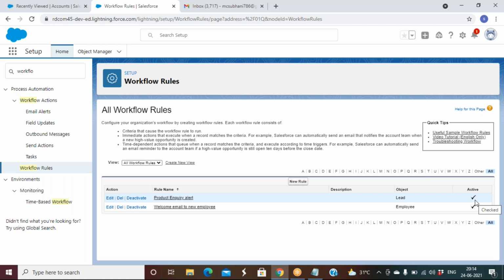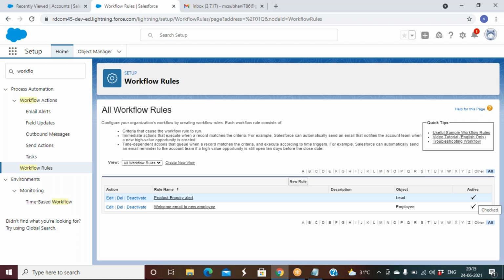Out of 500 workflows, only 50 can be active, not more than that. Make a note. In interviews, someone will definitely ask how many workflows you can have in an active stage.